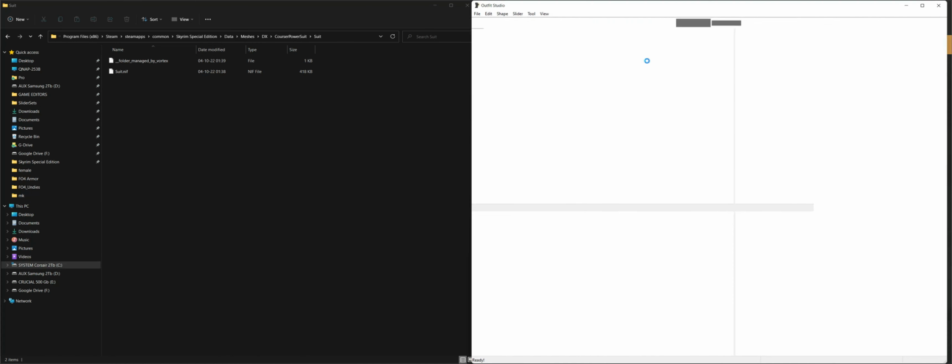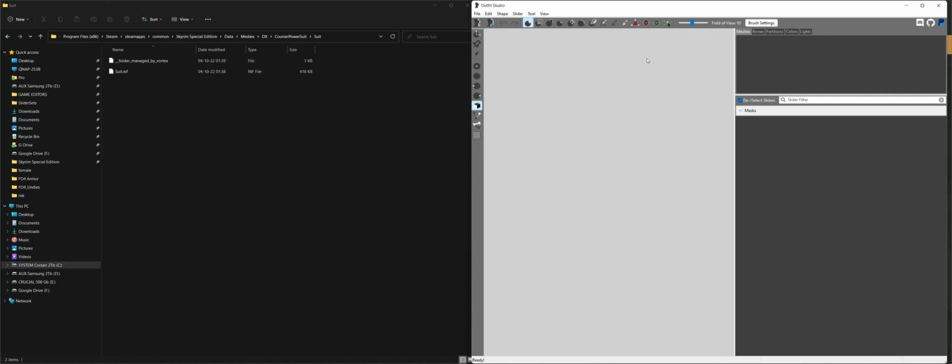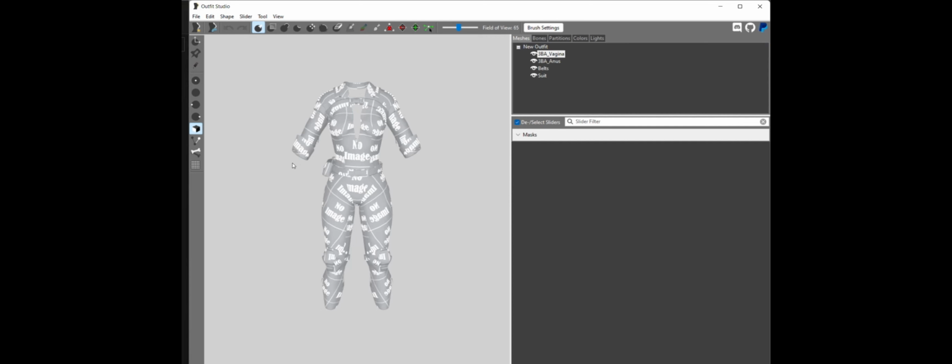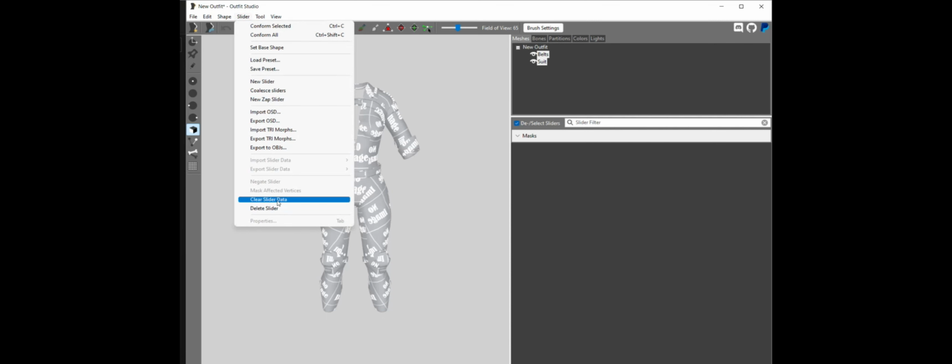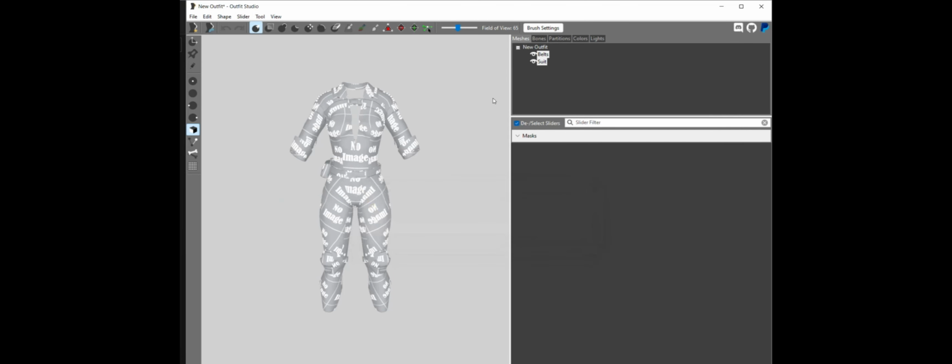Next, go back in Outfit Studio and drag the NIF file of your armor in it. Okay, so I just realized I didn't pay attention, but I kept some body parts that of course we don't need. So yeah, I'm deleting the extra body parts. Then we have to remove skinning to ensure that there is no type of data contained in the file, as well as clear data, slider data. And we are ready to import the body reference for the last time.